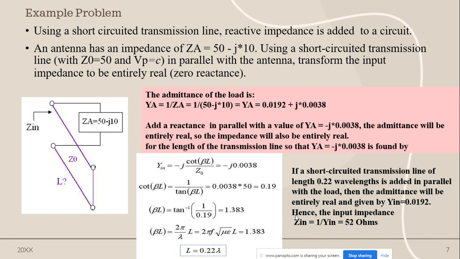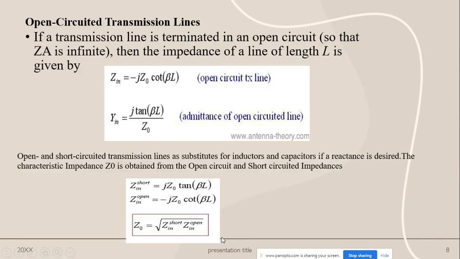By introducing a short circuited transmission line close to the output load, at a certain length, I will try to cancel the reactance part of the admittance, so the admittance value will become totally real. Now if I come to open circuited transmission lines, if a transmission line is terminated in an open circuit,